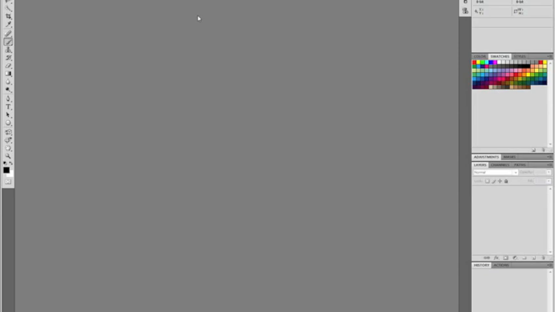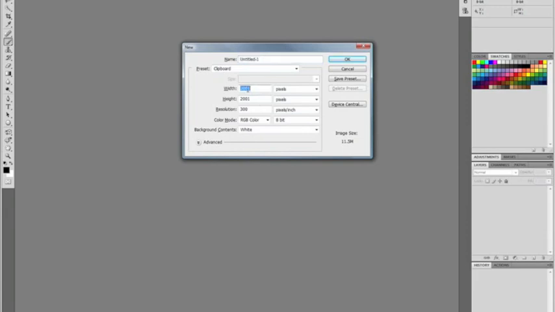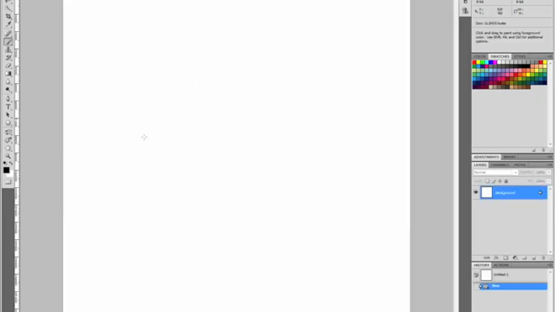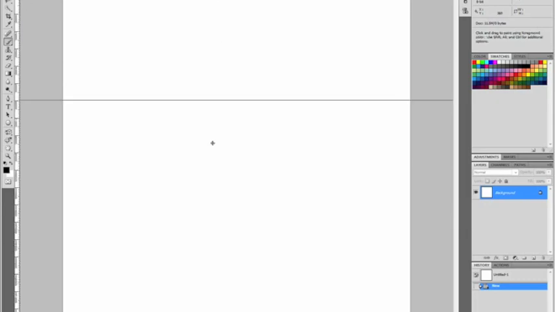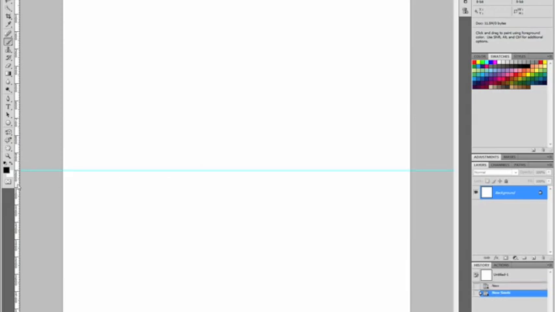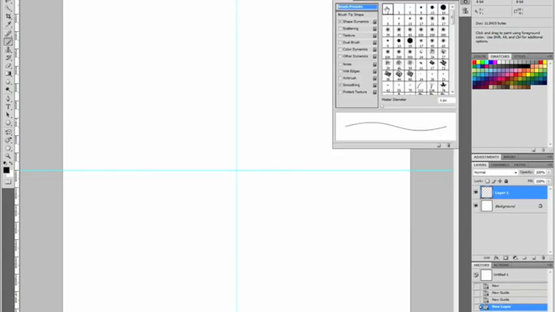We make a new file in Photoshop, make it 2001 high, 2001 wide, hit enter. With Ctrl R you're getting the rulers, pull one down to 1000, pull one down to 1000, make a new layer, then go to the brush tool, select one pixel brush, click off shape dynamics, place it here, click once,